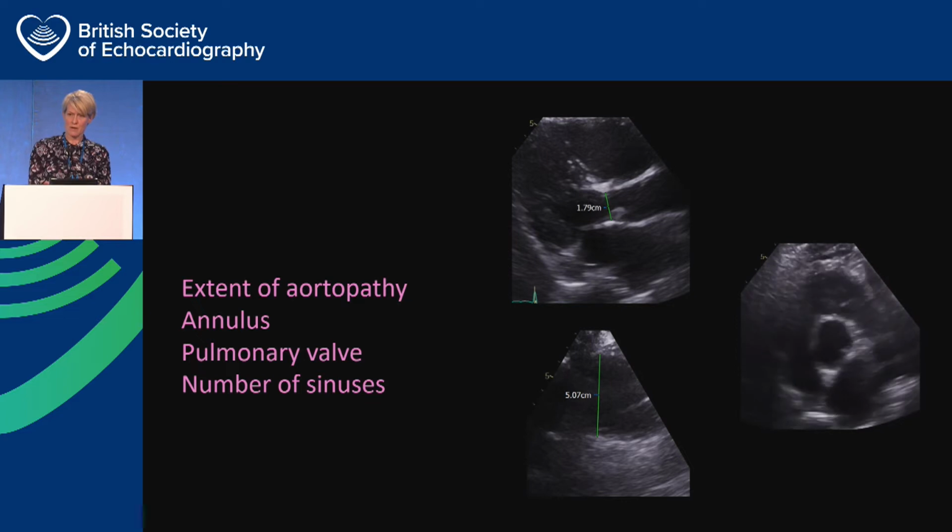So it's really important you get very nice views of the pulmonary. Of course, you'll always put that in your report, but we're always going back and looking at it, and sometimes the day before the surgery, we'll have to bring them in again just to look at the pulmonary valve. And we had one patient go to theatre for a Ross operation, couldn't have it because she had a bicuspid pulmonary valve, which you're not going to pick up on echo, the leaflets are so thin, but it's just important to get really nice views and a really nice measurement of the annulus